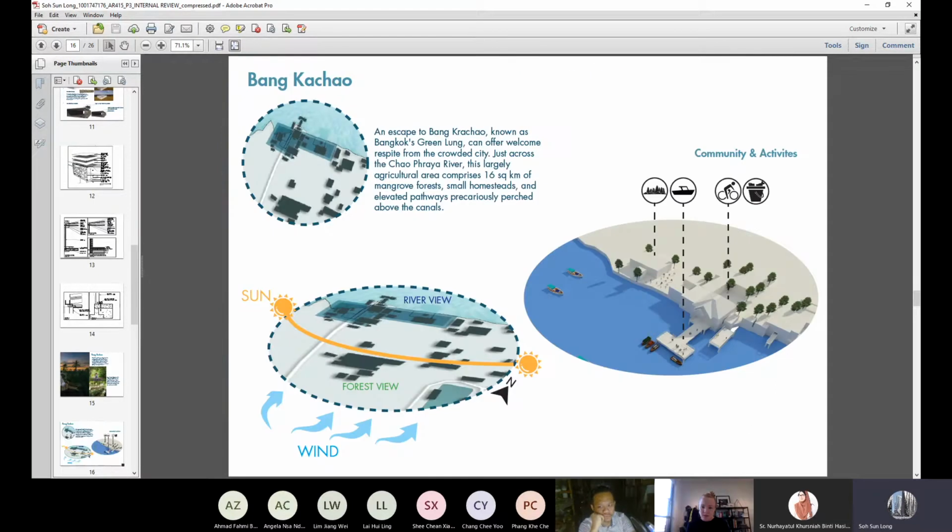Okay, so our site is located at Bang Kachau. This is the overall sun path. Then the analysis that I found from Google is the activity there, the actual one.